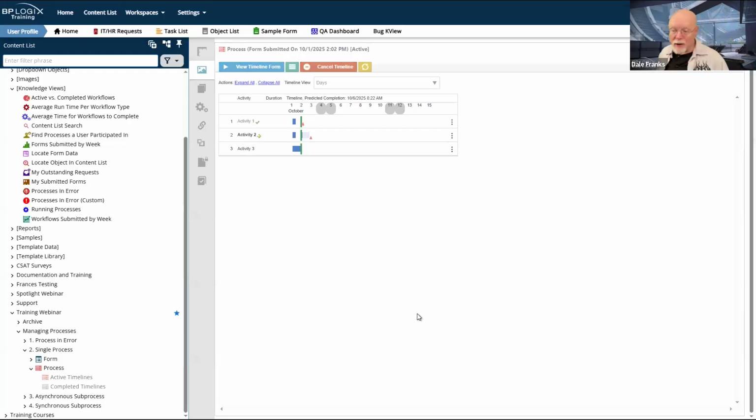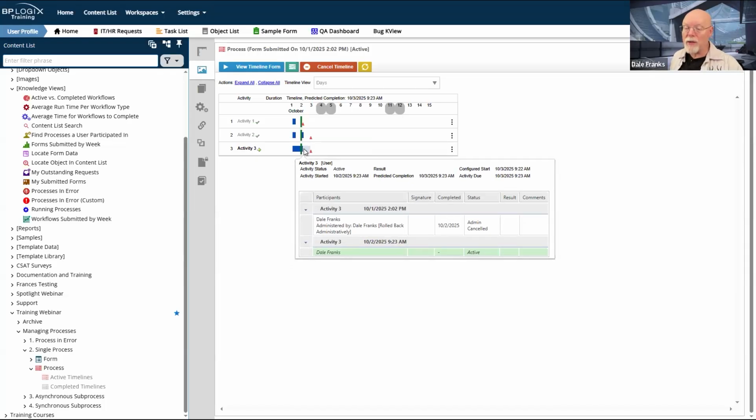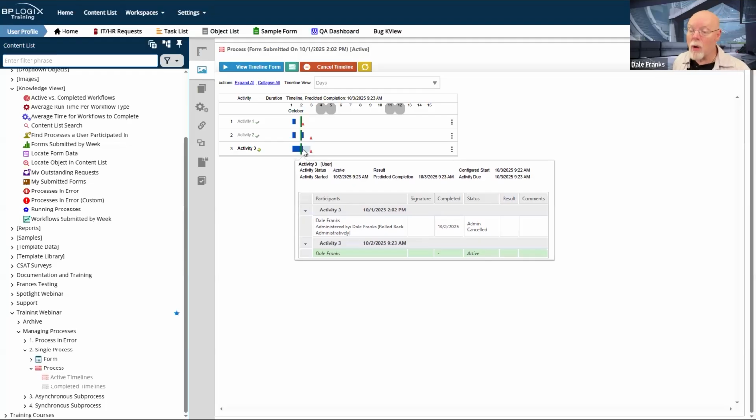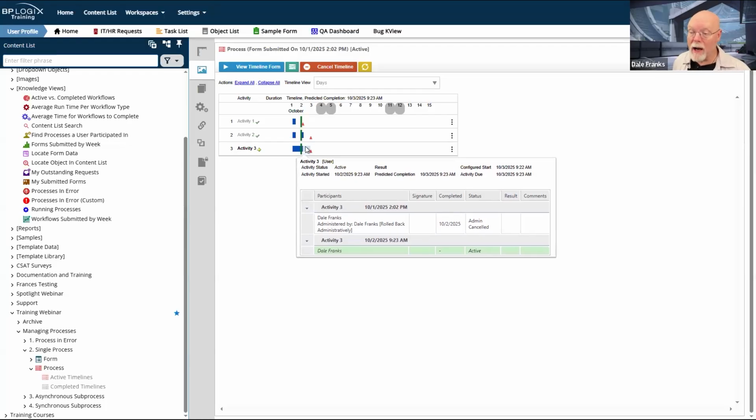activity 2 will cancel. Our screen will take a few seconds to refresh while the system figures out what in the world is going on, and then it will drop us back into activity 3. And as you can see, activity 3 is now the active activity, and it is the second time that we have run activity 3. So you have these options in the process timeline to roll back or restart de novo from another point in the process timeline, wherever you would like. You can always restart an activity.